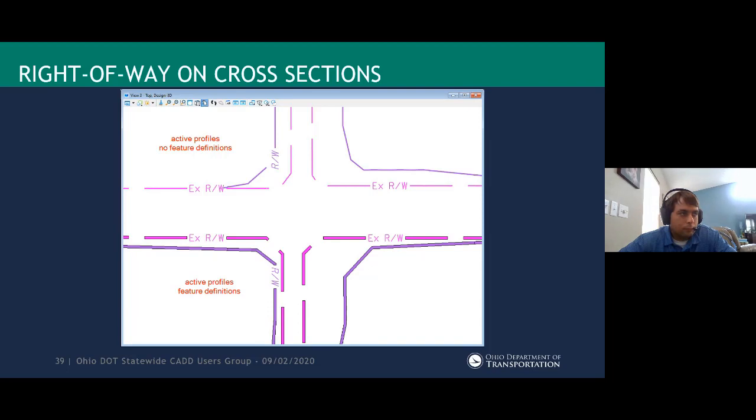This is a screenshot of the 3D view, and you can see that the right-of-way line styles appear a little differently when they're featurized and have the profiles versus no feature definition assigned to them. So that could be a quick way to identify an issue there. So hopefully that's pretty straightforward.